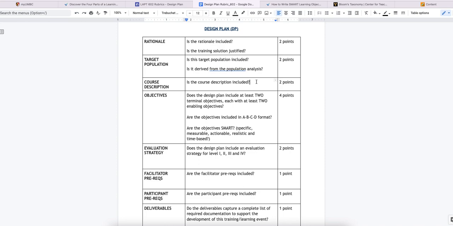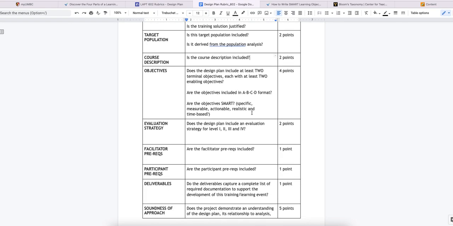Course descriptions can include everything from modality to environment. Is this online? Is it virtual? Is it hybrid? It can include length, how long it's going to be, types of instructors. Someone in the course included even things like the types of panels of people we should include in the evaluation committee. So lots of good thinking here. So thank you for that.